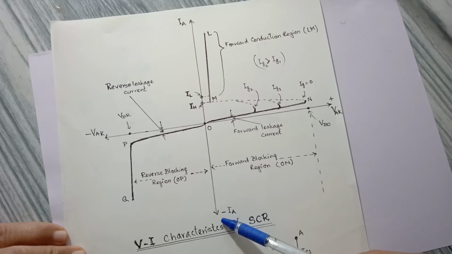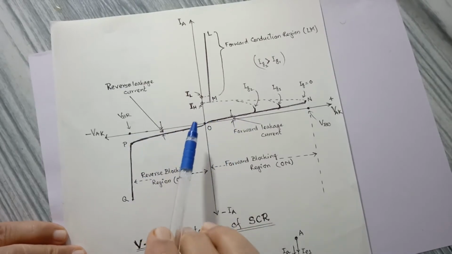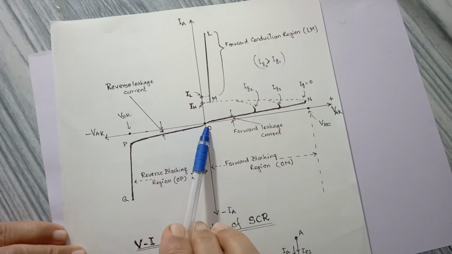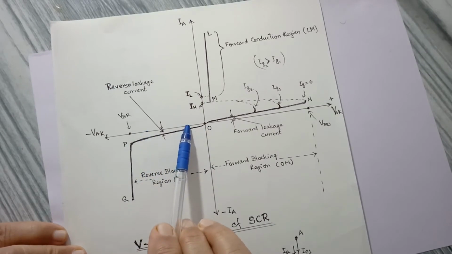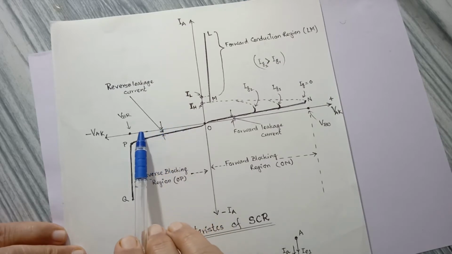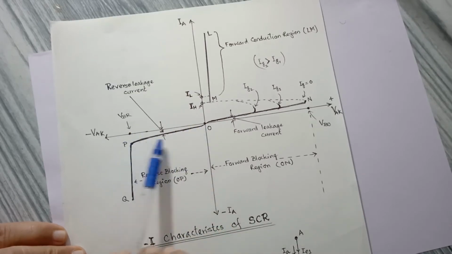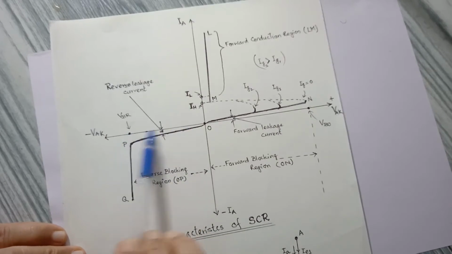Suppose that the anode is negative with respect to the cathode, and we are increasing the negative voltage on the anode, and see that this is the point like this. This line indicates that for this voltage this is the current, for this voltage this is the current, for reverse voltage this is the current. So this voltage is increased from, say, minus 100 to minus 300, minus 400 and minus 1200 volt, like that. And as you can see, the graph line is very close to the x-axis.